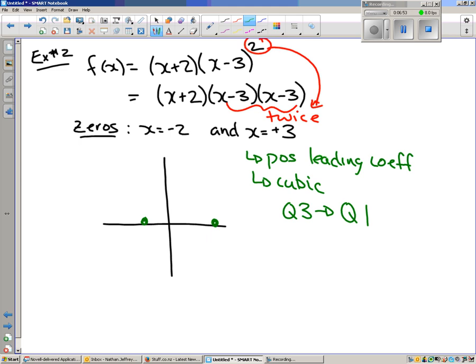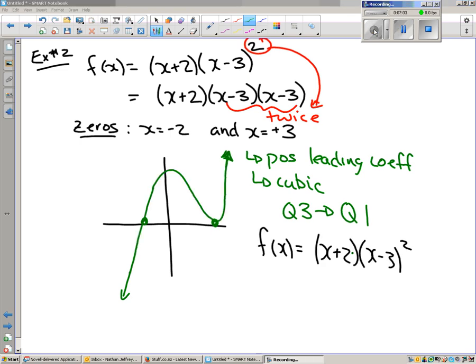Okay, so if we look at that, it's got to start going off this way and finish going off that way. So if we start to try and graph this, we look at our zeros, and we say, all right, we have to start in quadrant 3. It's going to go up. It's going to go through negative 2. Then we're going to come back down, hit our 0 at positive 3. Because we're hitting it twice, it's going to act like a quadratic around that. And it's going to just come down, touch it once at 3, 0, and then take off into quadrant 1,